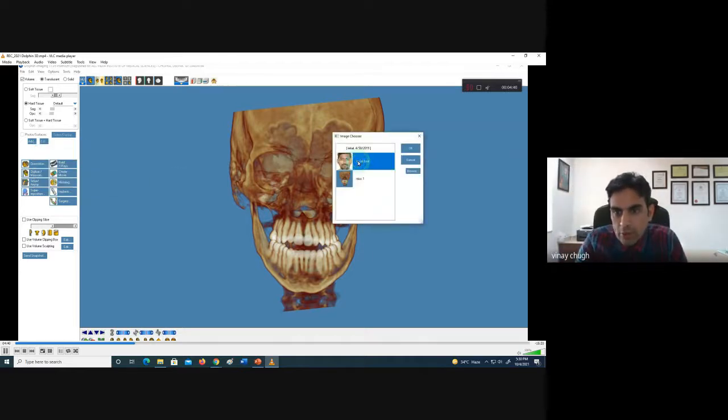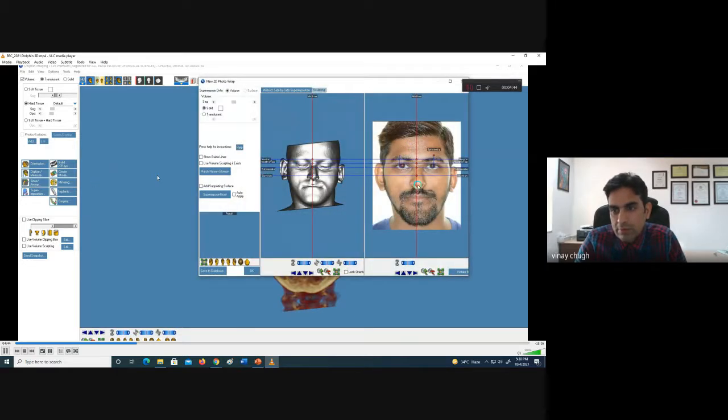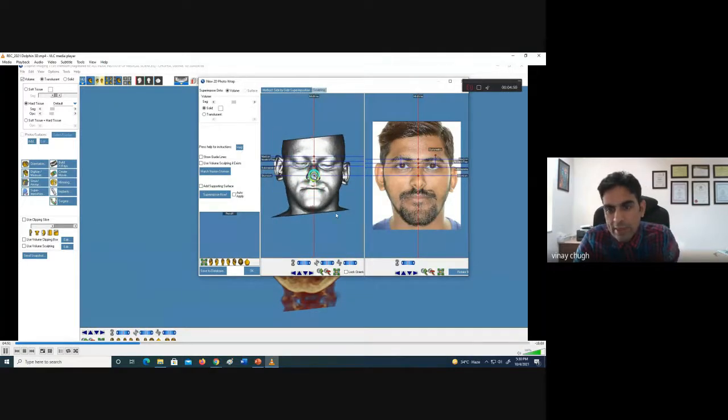Now to integrate this photograph, the software asks for a few landmarks. This is the soft tissue image, and this is the image of the patient. There are only 4 landmarks here: nasion, nostril top, subnasale, and stomion, and based on these it will calibrate the soft tissue landmarks.